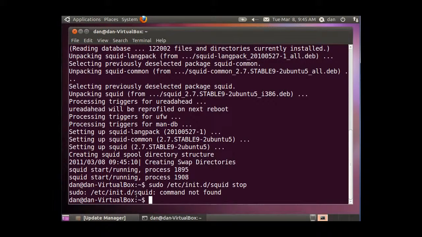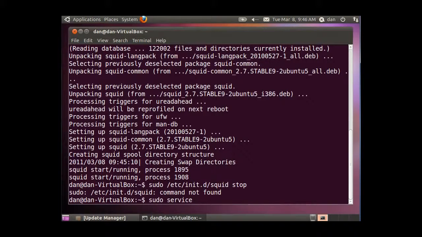So I guess that's a new thing. So if you want to start or stop the service for SQUID in this new version of Ubuntu or new version of SQUID, since it's not in the init.d directory, what you can do is type sudo